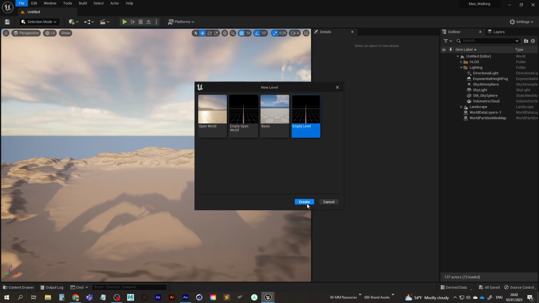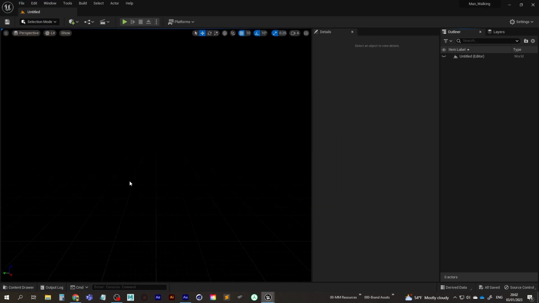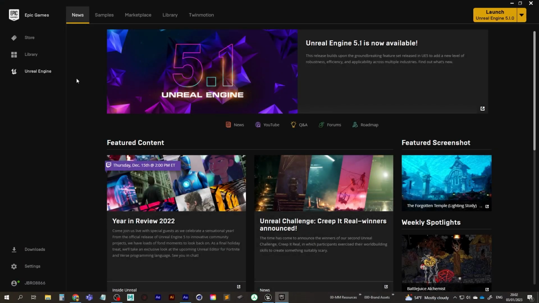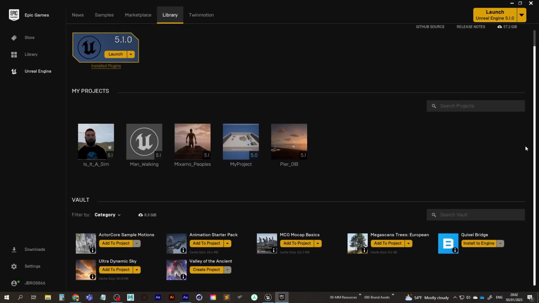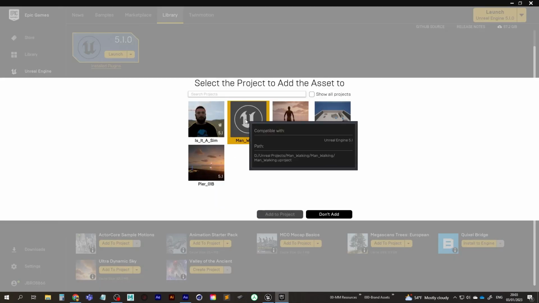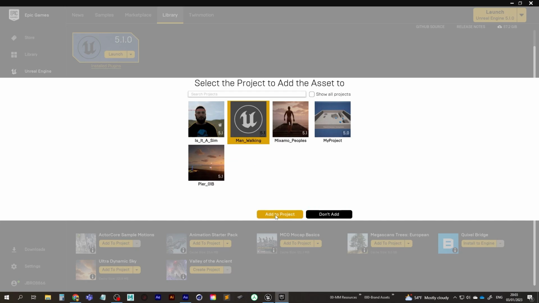I'm going to go to an empty level and click on Create. So that's going to give us a blank level. So now I want to bring in the Ultra Dynamic Sky. So I'm going to go to the Epic Games launcher, go into my library, and then I'm just going to click on the Ultra Dynamic Sky plugin that I've downloaded, click on Add to Project, and select the Man Walking project.